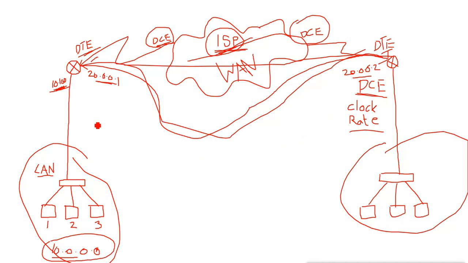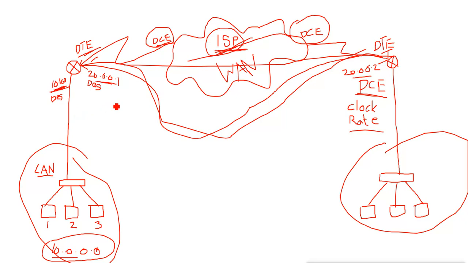So for configuring the interface, what are you configuring? Your interface IP address. Then you can also configure a description for your interface, like this interface is for the LAN network, this interface is for the WAN network. So whenever you check the configurations, by the descriptions you can say, okay, this interface is for this purpose. You may have lots of interfaces in your router, so with the description, you can easily tell which interface is for which network.